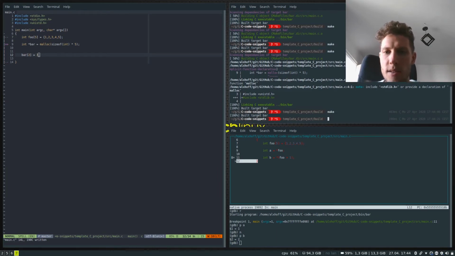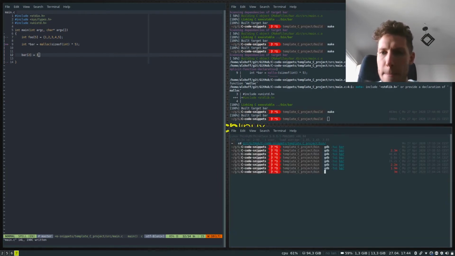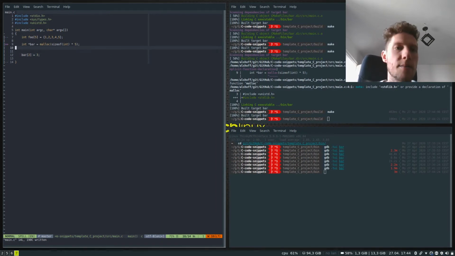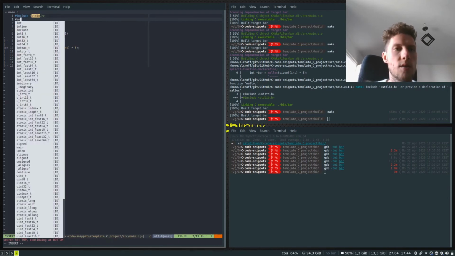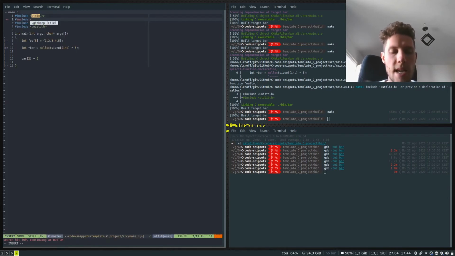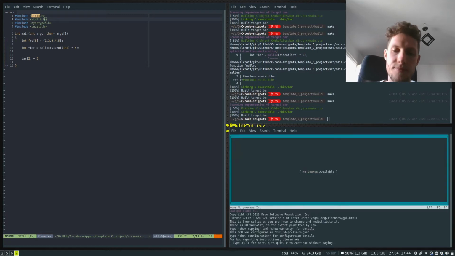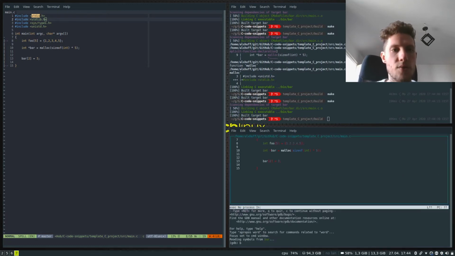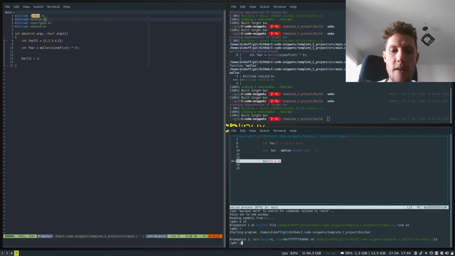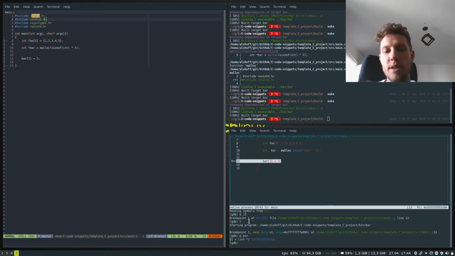Make. So, yes, you see here implicit declaration of malloc, and this is because I don't have the #include I need so I can get stdlib.h linked in. If I make this now, no warnings. And if I do this, and we'll go down to 13, now if I was to print bar, it's a memory location. And if I print bar[0],